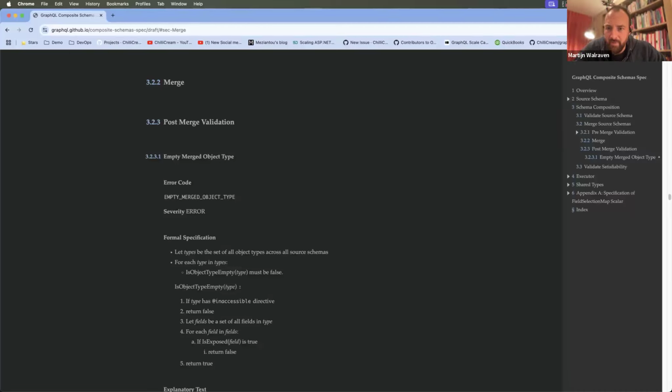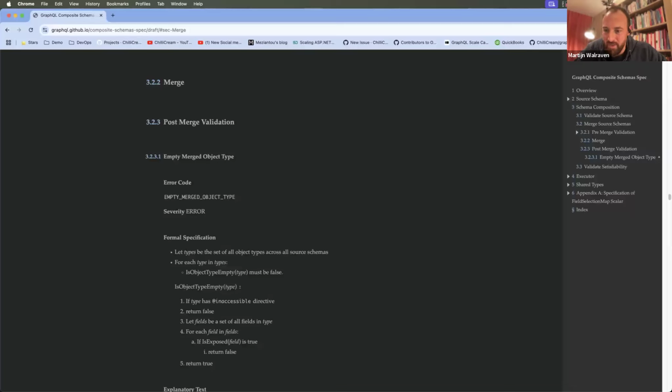Another thing to keep in mind is that during merge, we can also encounter situations where we actually have to reject the merge. There are certain validation rules that we can test on a subgraph in isolation before the merge. There are certain validation rules that we can apply to the merged result, something like the empty object type.